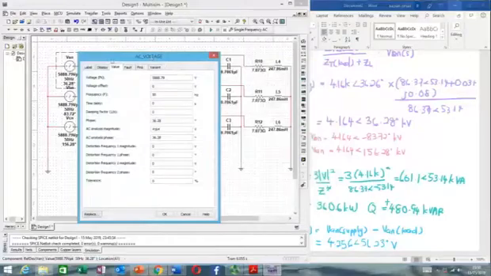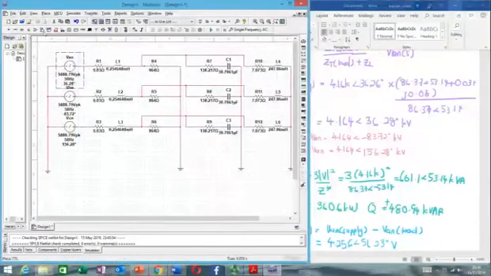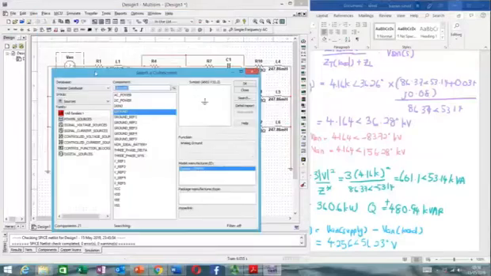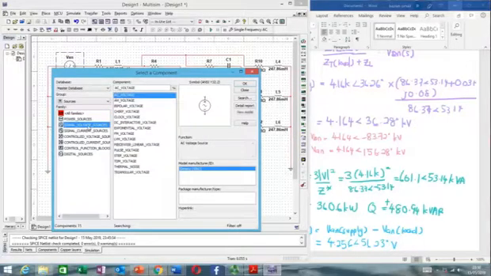So key in the parameter. Let me show you how to find this source. Go to component and look for source. Signal voltage source. Yeah, signal voltage source and select AC